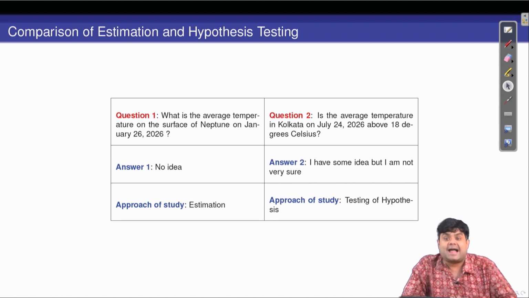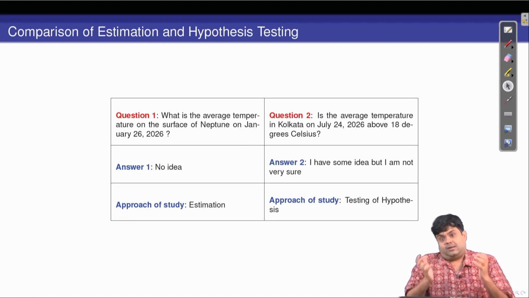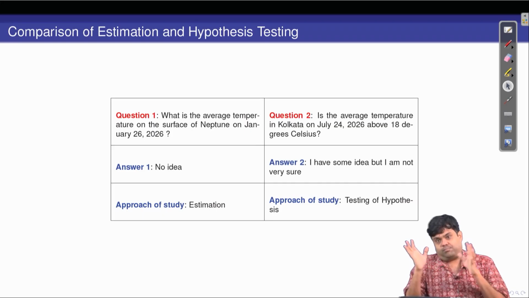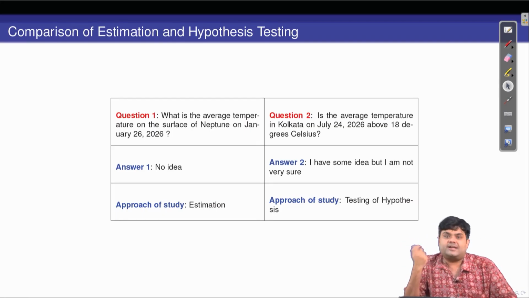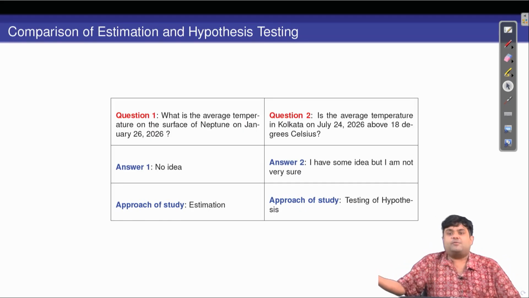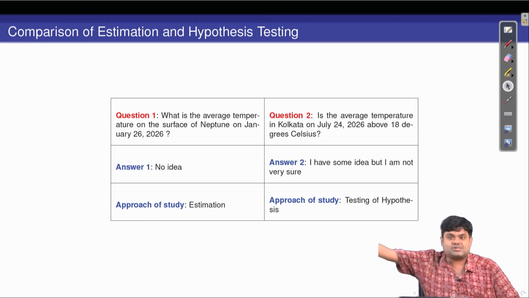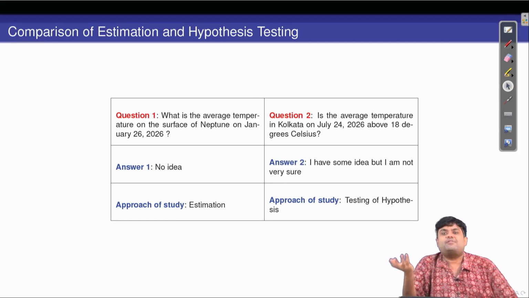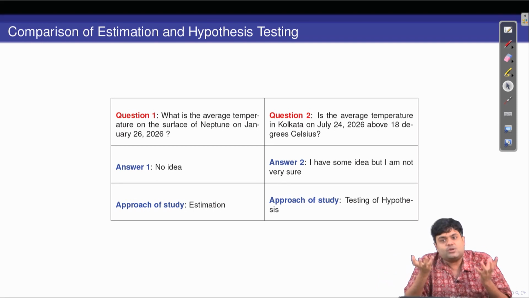If your question is that, let's say you ask one person to collect the data, and the person collects the data, and the average temperature in Calcutta on that day is 5 degrees Celsius. Even if you have collected data from 5 sources or 10 sources and the average temperature comes out to be 5 degrees Celsius on July 24, 2026, you really don't stop there,